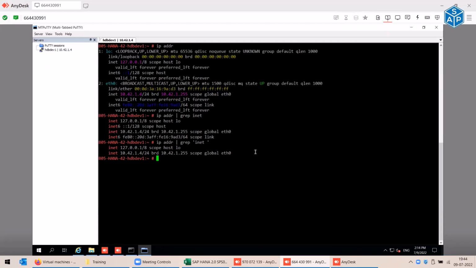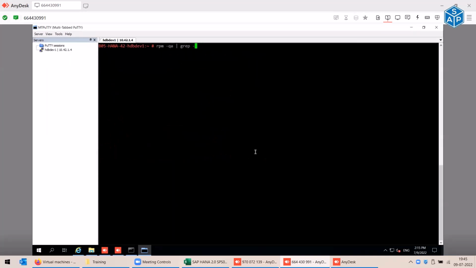And the second, the RPM command, is the Red Hat Package Manager. Normally, if you want to install any software package on your system or VM, you can do it by installing the RPM. It's a package called RPM, Red Hat Package Manager. So in this command, when you run rpm -qa, q means query and a is for all. So now when you run this